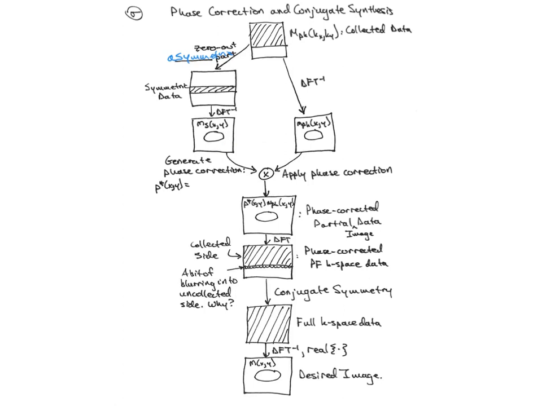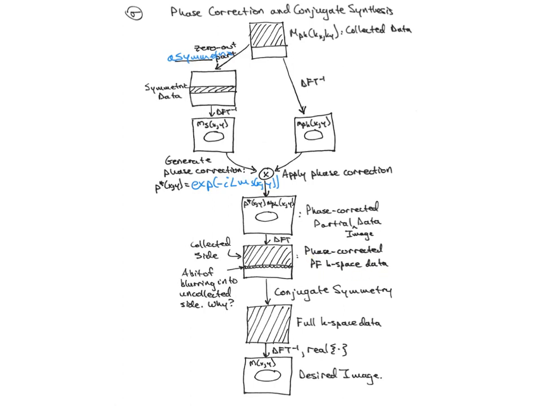Then with the low resolution image, you calculate its phase angle and you generate the phase correction function according to exp of minus i angle m_s of x comma y. You multiply that phase correction function with the image to remove nominally all of the phase in the zero-filled reconstructed image. That gives you this phase-corrected partial data image. Then you do another discrete Fourier transform to go back into the k-space domain. You get something that almost looks like the original k-space in terms of where your signal energy is, although there's going to be a little bit of blurring into the uncollected side, again because we are convolving. When we do this multiplication with the phase correction function, we're blurring some of the energy of the acquired region into the unacquired region. So after we take that discrete Fourier transform, we get the phase-corrected partial Fourier k-space